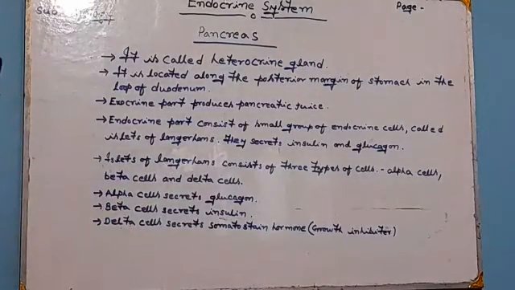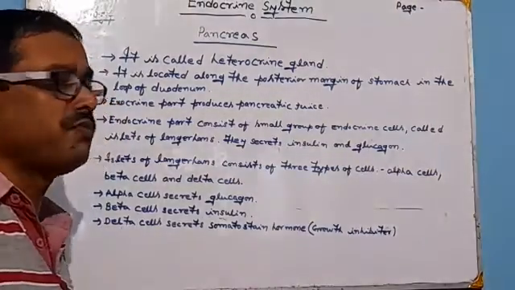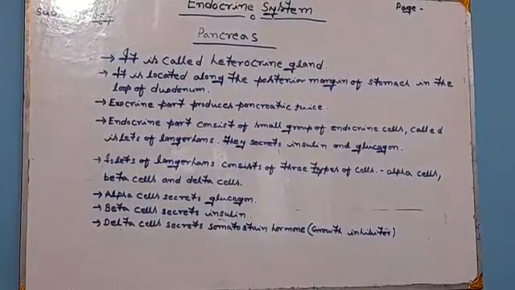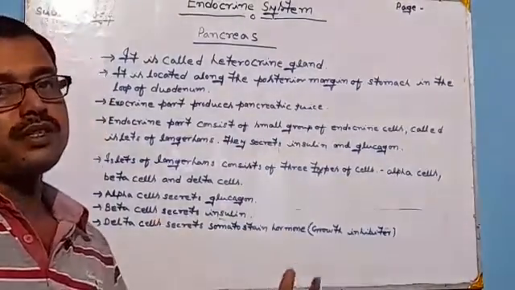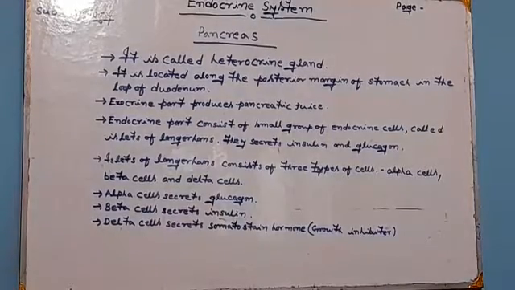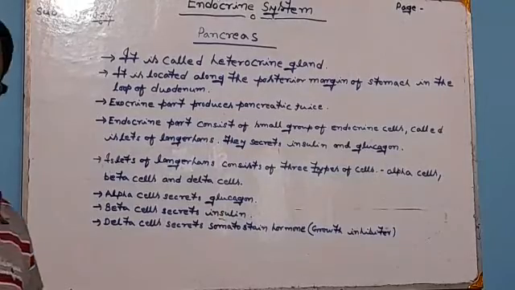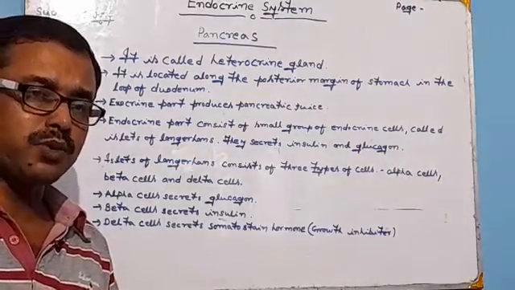So mainly two hormones play a very important role, that is insulin and glucagon, because insulin and glucagon maintain the balance of blood sugar. Okay, they maintain the sugar level in our body. Insulin reduces the amount of sugar in our blood, whereas glucagon increases the glucose level of our blood. That means both help in carbohydrate metabolism and maintain the level of sugar.